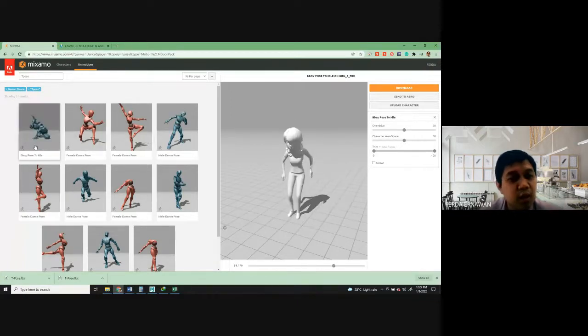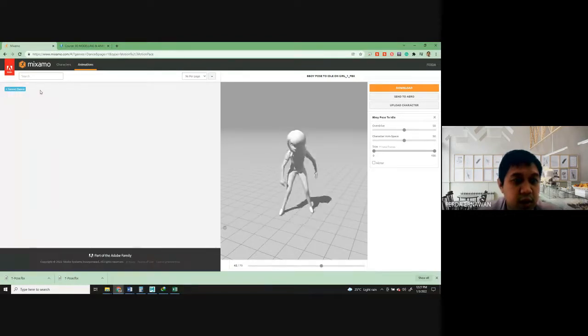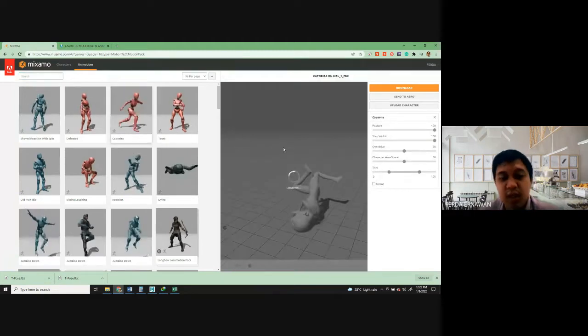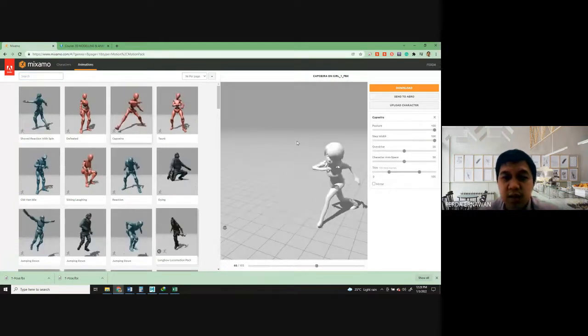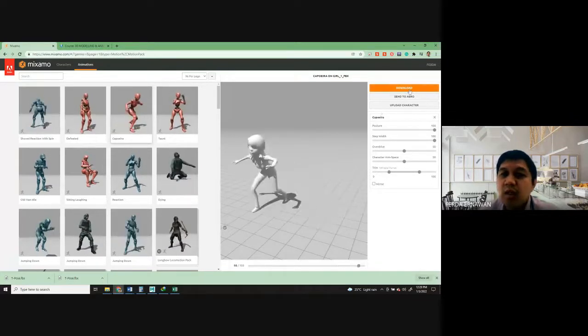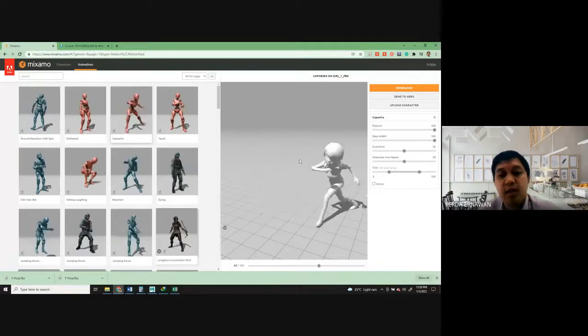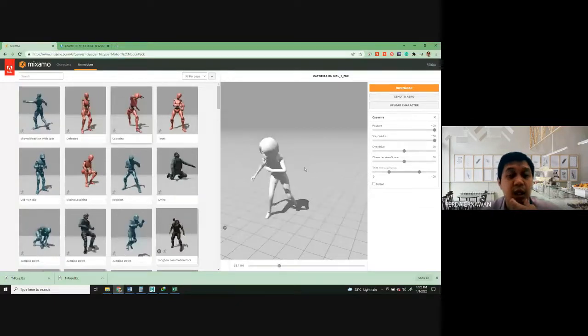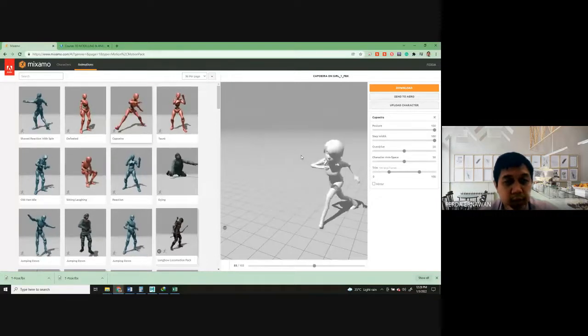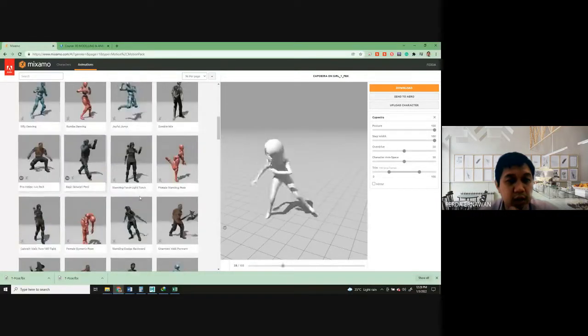Let's say you would choose this one. Okay, for example, this is, sorry, let me T pose. For example, capoeira. Yeah. So if I download this one, I download this 3D model and also the animation, yeah, with the animation. But now I'm looking at the T pose, yeah,